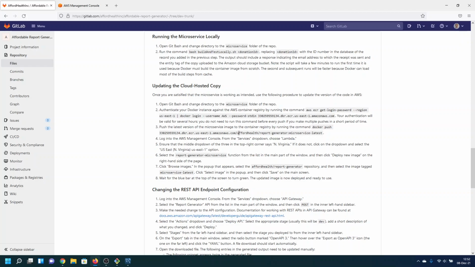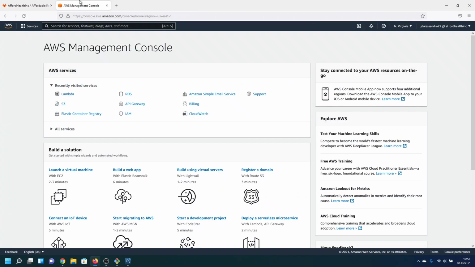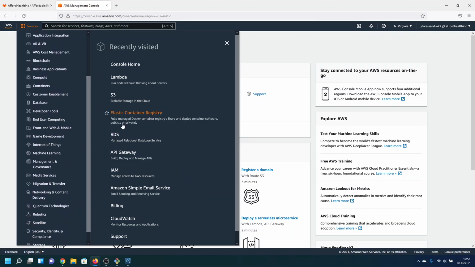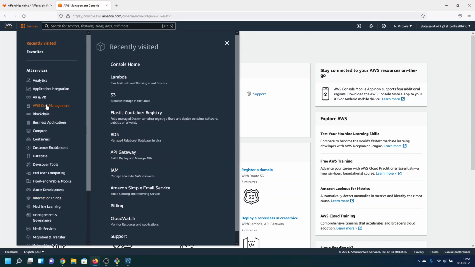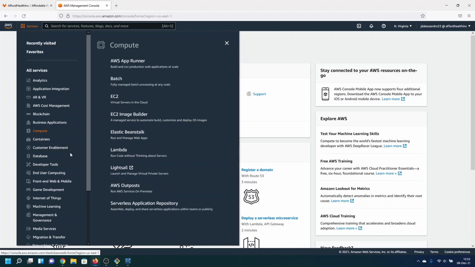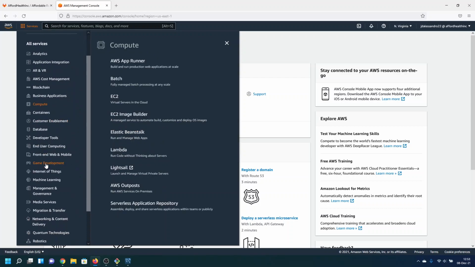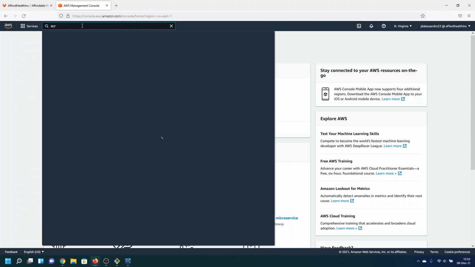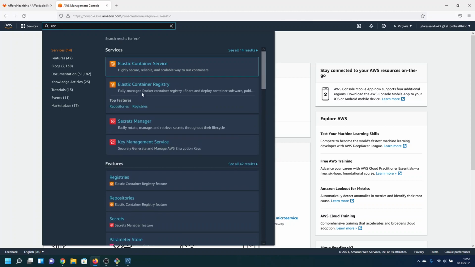I don't want to overwrite the existing one, but I'll show you where it is. You'll go to AWS Services, and where did ECR go? Give me just a moment to find this in the menu. Is it in Compute? Let's just use the search bar. If we go to Elastic Container Registry here,